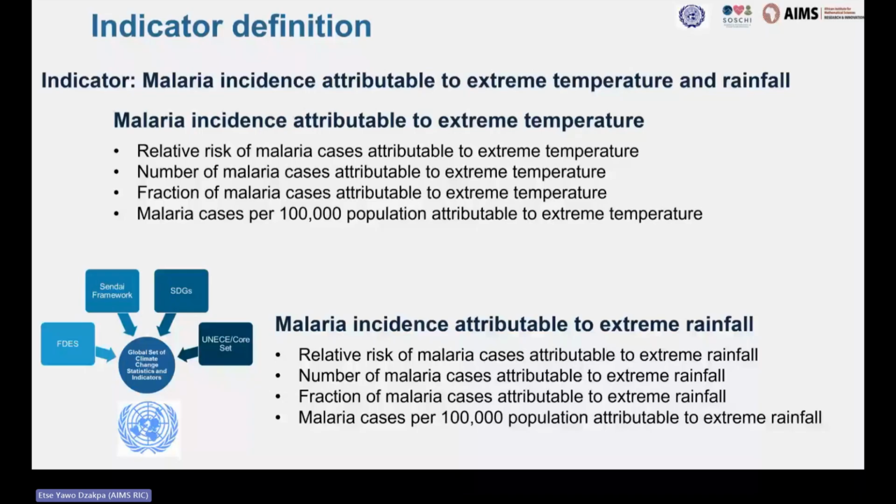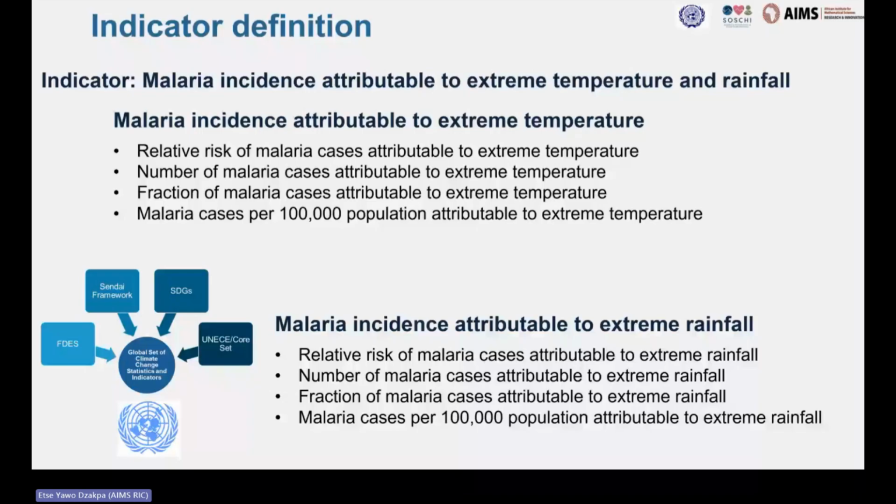We have the attributable fraction, or the fraction of malaria cases attributable to extreme temperature. That one will inform us about the proportion of the excess cases among the observed cases in a specific location. And then finally, for comparability, we have the attributable rate, which helps us integrate the population, and then have a comparison within country, within region, within districts. So all these indicators help us have a clear idea about how much those climate factors are contributing to